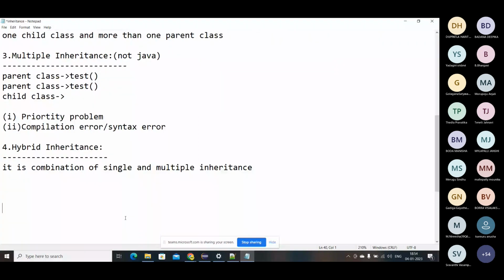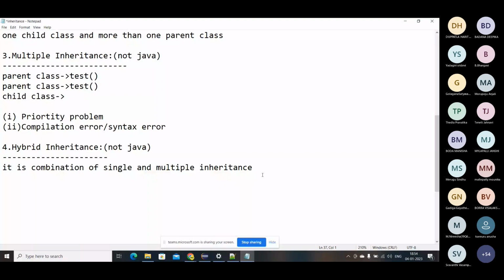I have this multiple inheritance, right? If I have one or many multiple inheritances, what happens? There will be a clash, right? So obviously we cannot use this as well. We cannot use hybrid inheritance either. That you should remember.